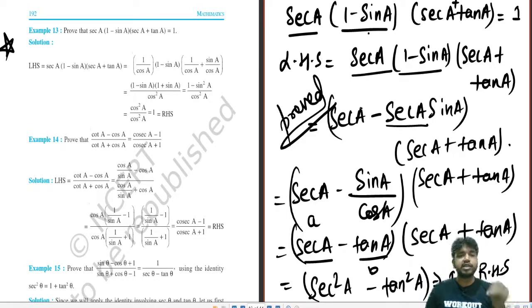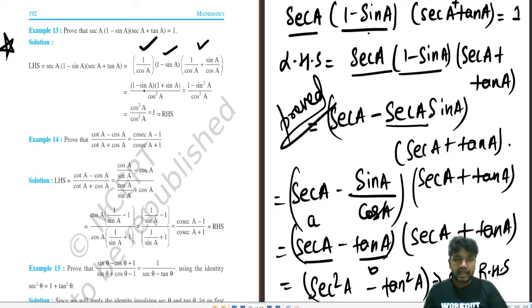Like, let's see the solution of NCERT. What has NCERT done? First, they have converted sec A into 1 by cos A. That is perfect. They have not simplified this. That is perfect. They have opened it in a form. Okay, this could be done. See, I told you there are many ways to solve a sum in trigonometry especially. So the way NCERT has solved is not wrong. The way you are solving is also not wrong. The way I am solving is also not wrong.